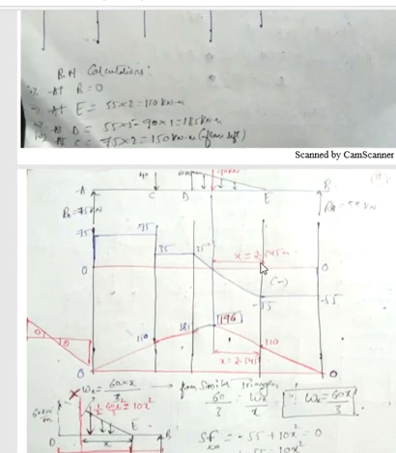What is x? x is the distance from this end to the point where shear force is 0. Now I cut the section here. I have considered all the forces from the right end, or you can consider all the forces from the left end. But remember, when I consider all the forces at this end with respect to this section, the summation of all the forces should be equal to 0, because shear force about this section is 0. Shear force is nothing but the summation of all the forces either from the right end or from the left end. Since the value of shear force at this point is 0, the summation of all the forces from the right end at this section should be equal to 0.